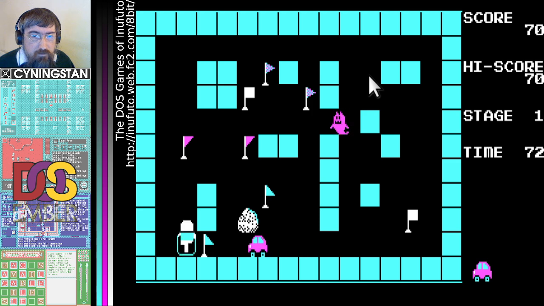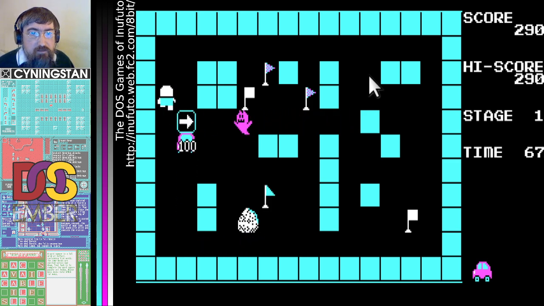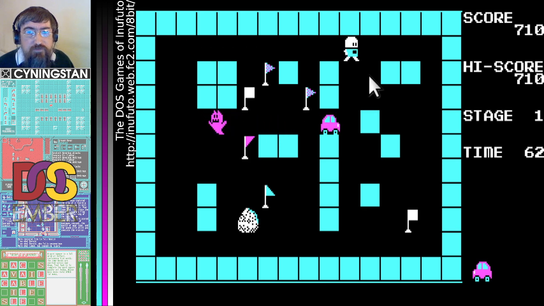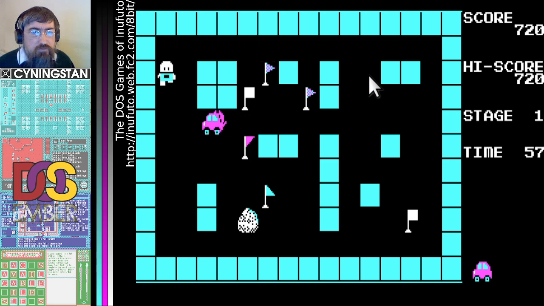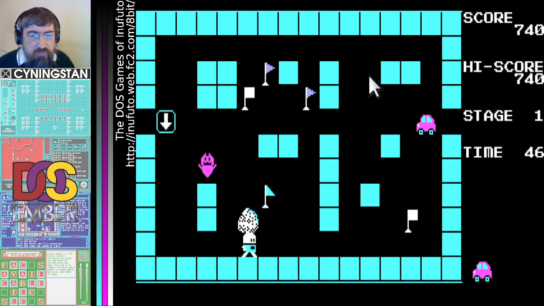Right, this is what I'm doing. I've got to be ahead of this car. Oh, there's a ghost there. Can I run the ghost over? I can run the ghost over. What happens when the car hits that? Right. Oh, the ghost comes back. That's not good. I've got to be careful not to have myself run over.